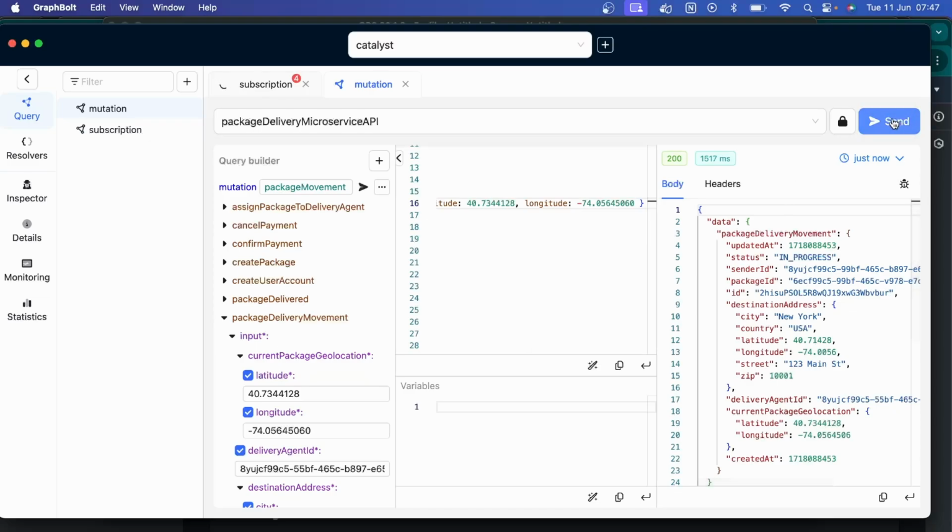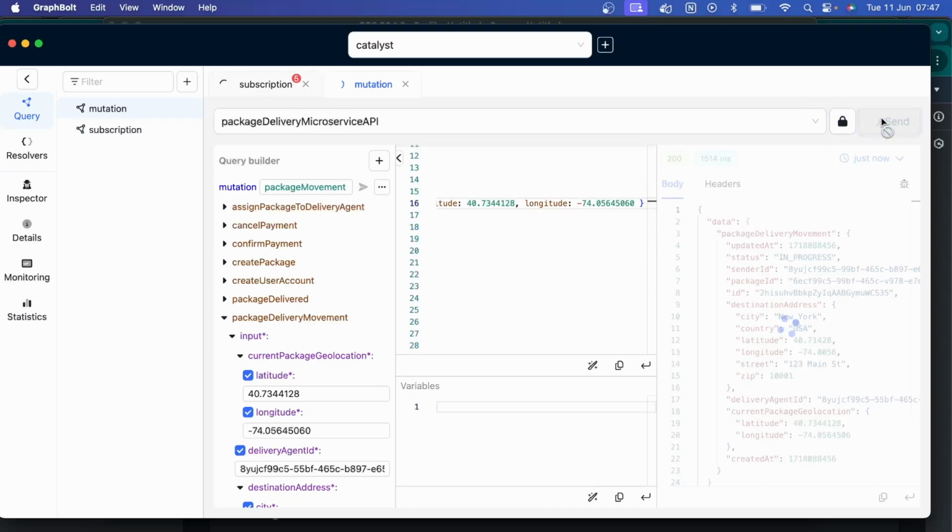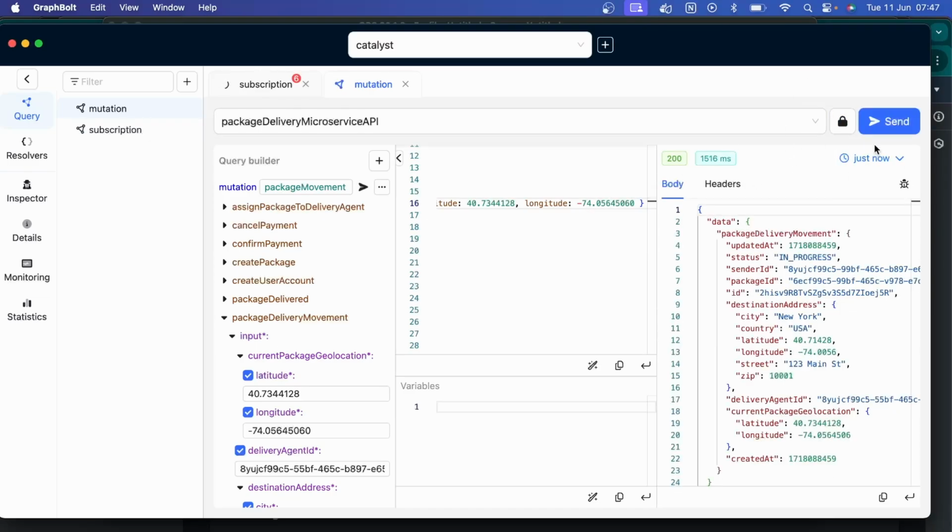So this is how the front end app actually receives the package updates and then updates the position of the package on the map. I actually illustrated this on the mobile front end, which I will not be able to illustrate, but